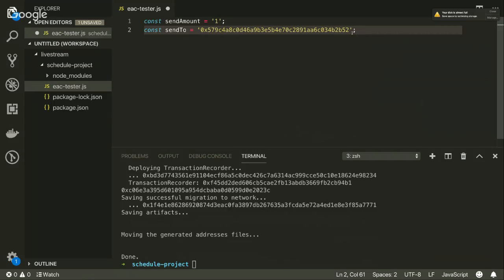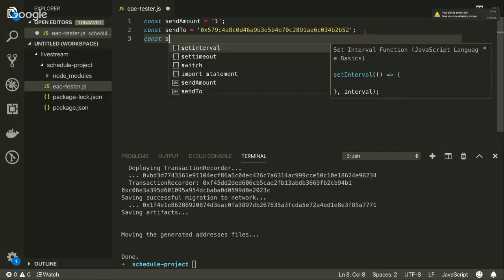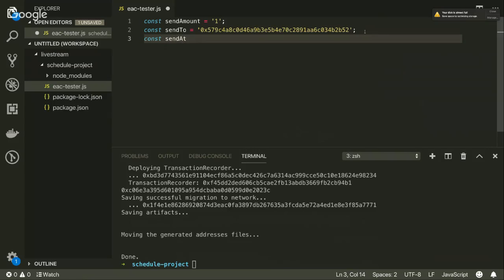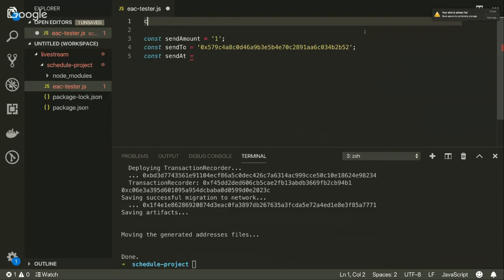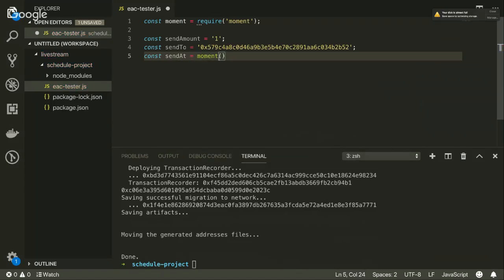a random address that I prepared here, to which we will schedule this transaction. So basically we have the amount that we want to send, and we have the address to which we want to send it. So now we just have to specify the time at which we want to send it. Let's call this variable sendAt, and let's use our moment library, the one that we installed earlier. So this is const moment equals require moment. So basically this part imports our moment library, and now we can do something like moment, and this will give